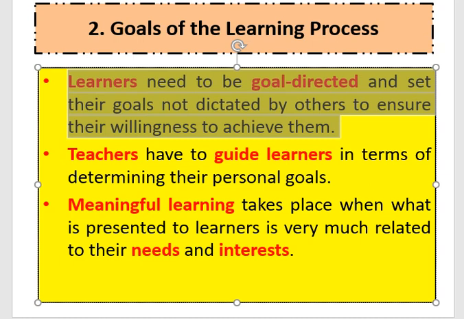Okay? Ano nga bang ibig sabihin yan? Dapat klaro sa kanila yung anong gusto nilang matutunan. They should have a goal for themselves and not affected by other people. Kasi nga, if your goal is really something that you set for yourself, mas committed ka. Mas willing kang ma-achieve yun. Kasi nga, gusto mo yun eh.